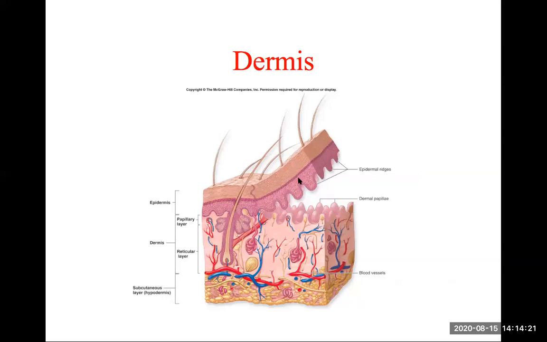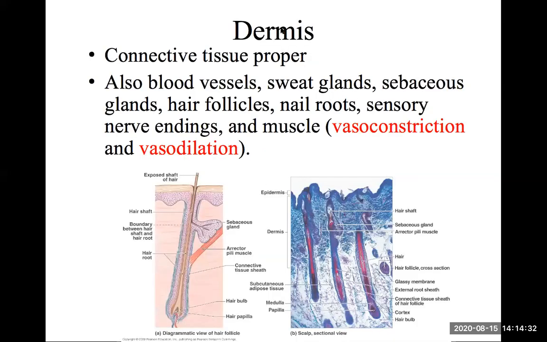All right, so that's this layer up here. Okay, that's the epidermis. Now, we're going to go into the deeper dermis where there's a lot more structures found. Okay, the dermis is going to be made up of connective tissue. And if you remember, there were several different types of tissues that were considered to be connective tissue proper. So it's not just one type of tissue that makes up the dermis, obviously. But also, we're going to find blood vessels, sweat glands, sebaceous glands, hair follicles, nail roots, sensory nerve endings, and